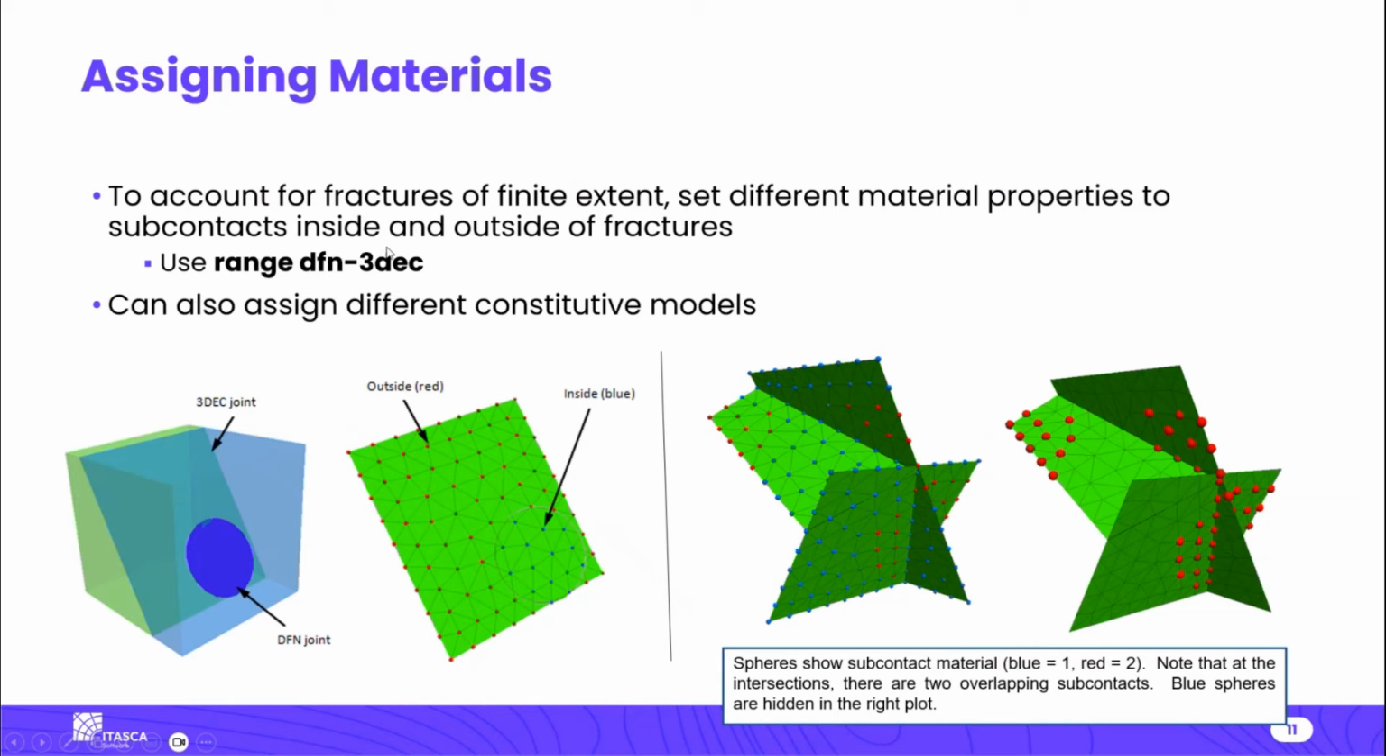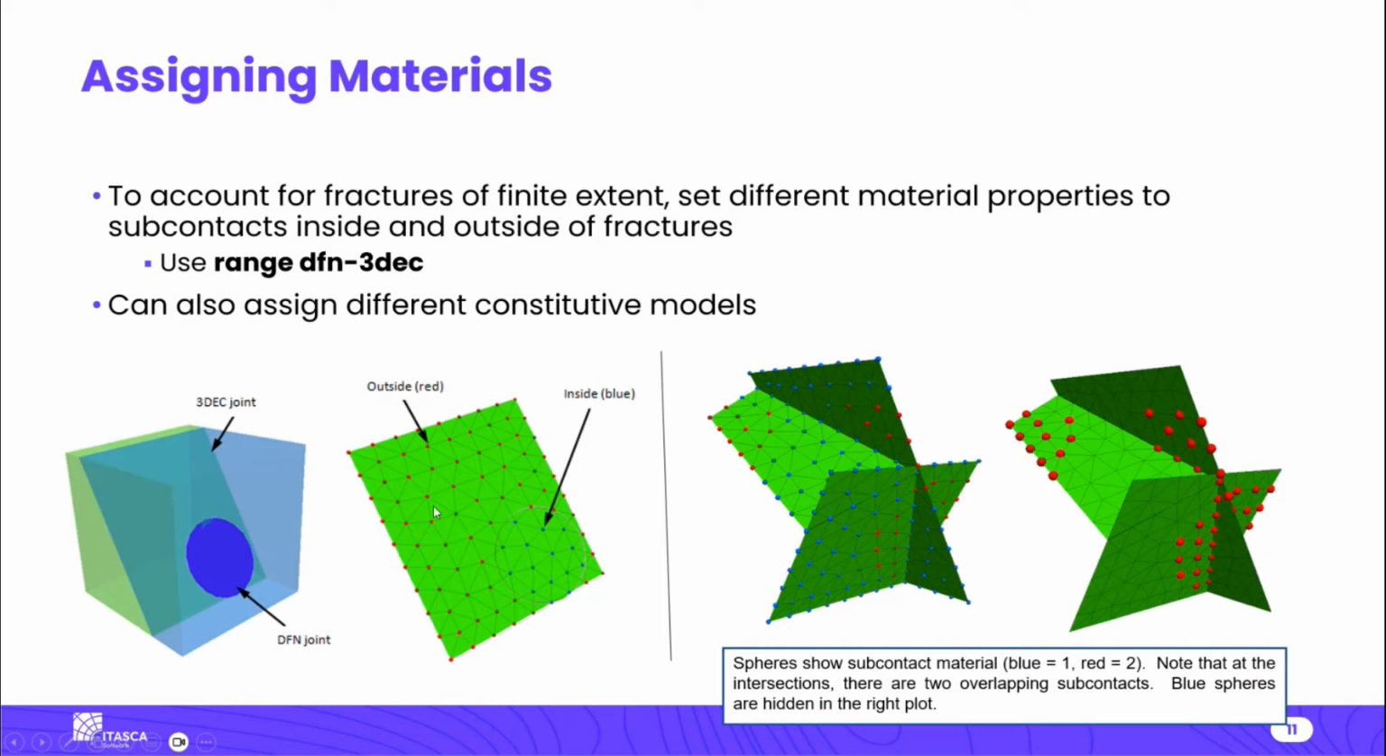So you can say, assign some properties, whatever they are, cohesion and friction, and you say range DFN 3DEC, and you give the name of the DFN, and it will assign those properties to all of the subcontacts that lie inside of the disks. And it will not assign those properties to the subcontacts that lie outside of the disks. And so in this way, you could, for example, have a low friction and a zero cohesion in here, where there's a true fracture, and a higher cohesion and a higher friction outside of that region, where it's really not